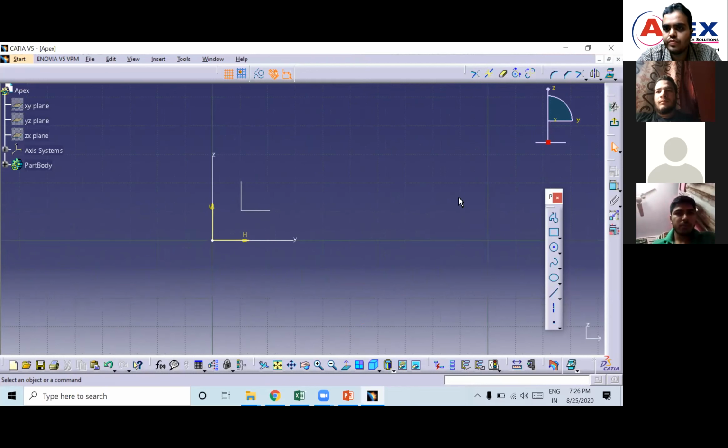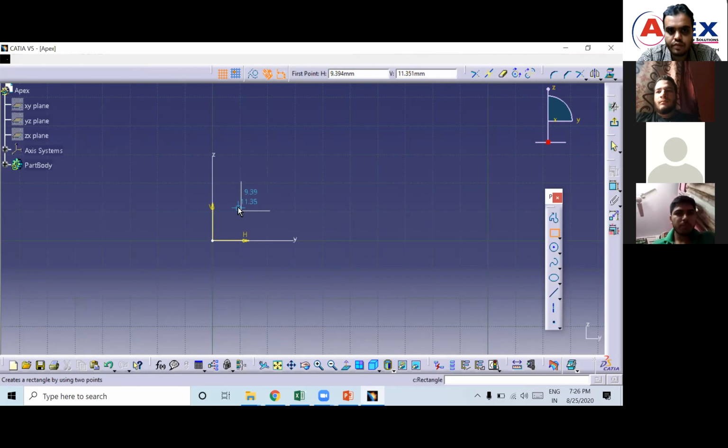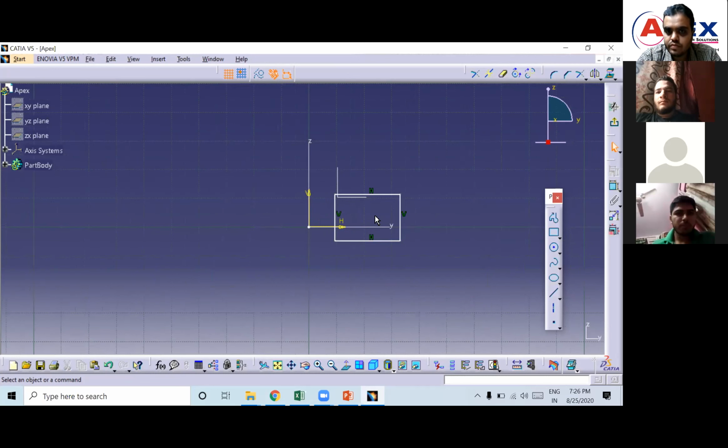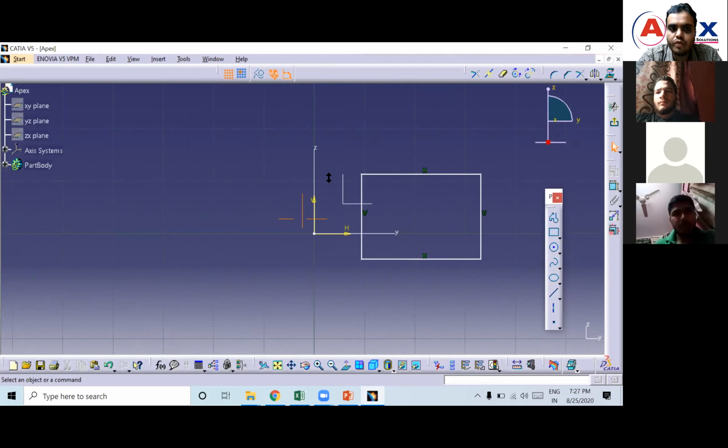Next we'll see how to zoom. Mouse operations are very important. Suppose you have a rectangle like this. Listen carefully here. Press the middle mouse button and hold it. By holding the middle mouse button, just click once the right button of the mouse, then move the mouse, it will zoom. Like this. All of you are getting?